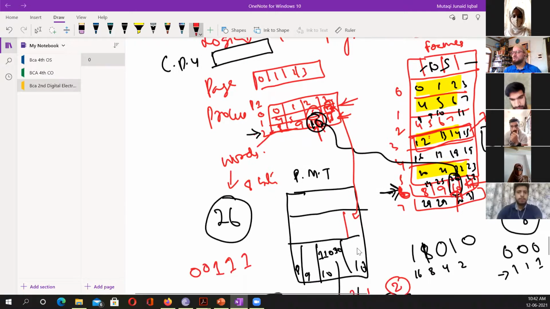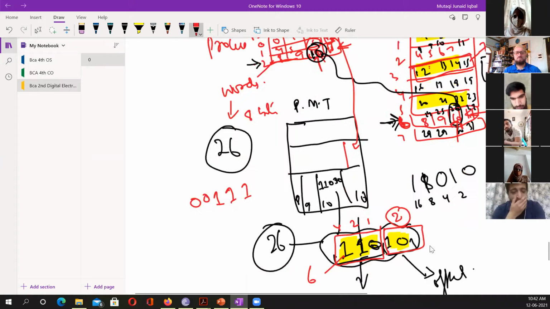और 26 से मैं देखता हूँ, 26 means 11010. This is 26. इसमें पहली 3 बिट्स हमें लगेंगी फ्रेम के लिए और लास्ट की 2 बिट लगेंगी ऑफसेट के लिए। सो पहली जो 3 बिट देखता हूं मैं 110, दैट मींस 6. सो इट हैज टू बी इन अ 6 फ्रेम and offset is going to be 10, that is 2. That is 6th frame पे 0 1 2. So I get exactly where it is. Does it make sense? तो इसका